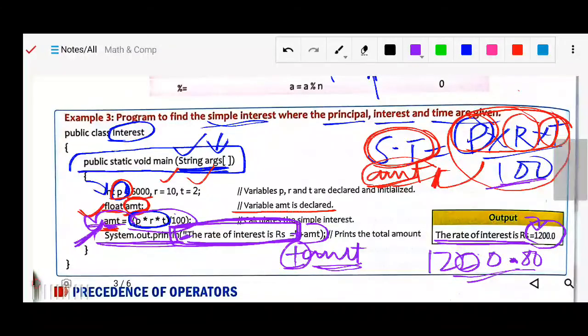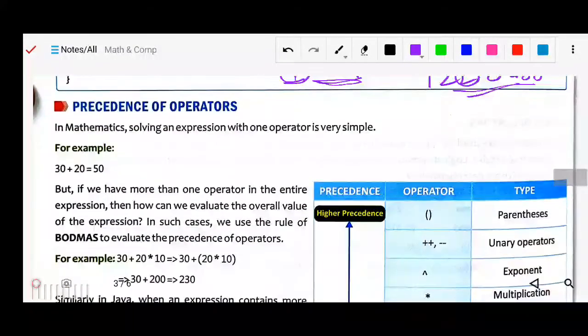Next is precedence of operators, meaning the preference of the operators. Like in mathematical operations, where we follow the rule of BODMAS, first brackets, then division, multiplication, addition and subtraction, here also it follows the same way. That is the precedence of operators.